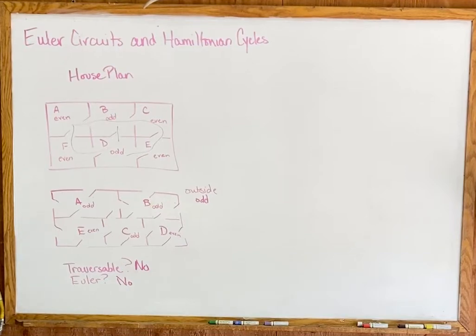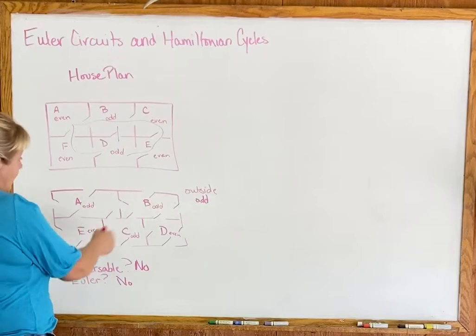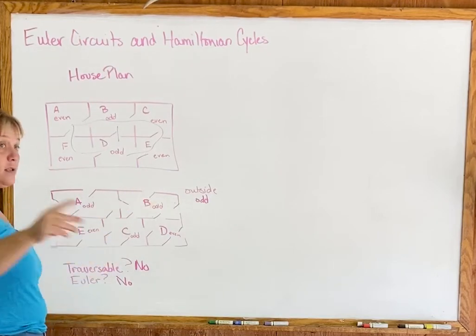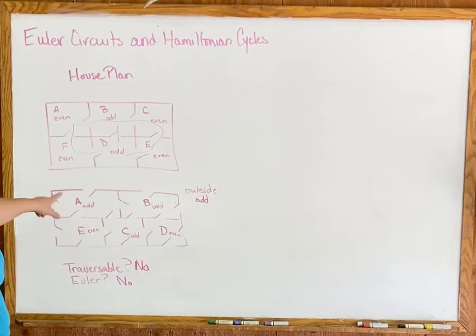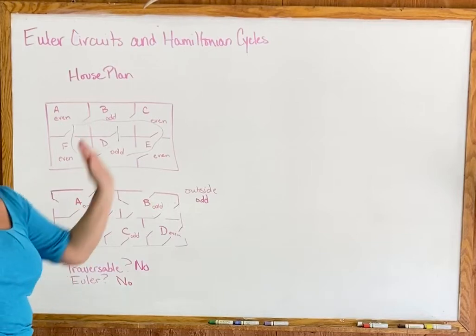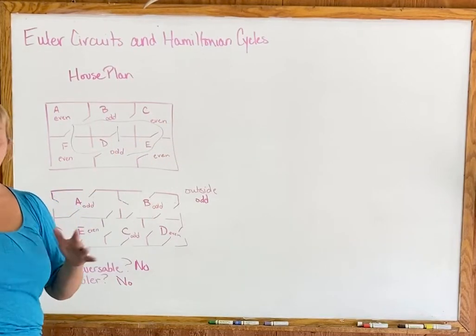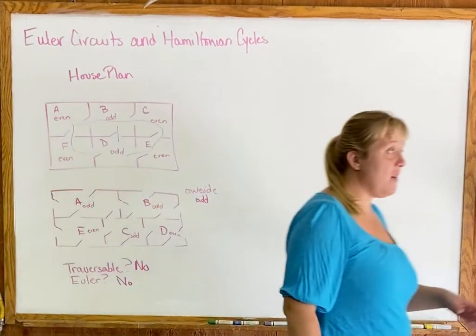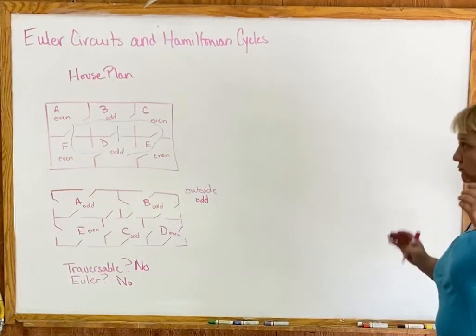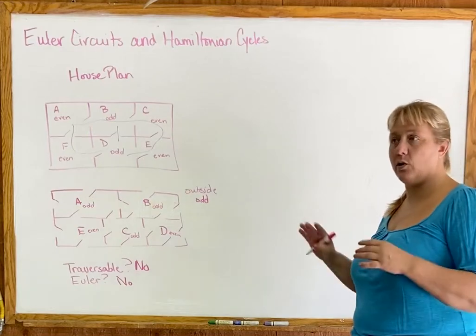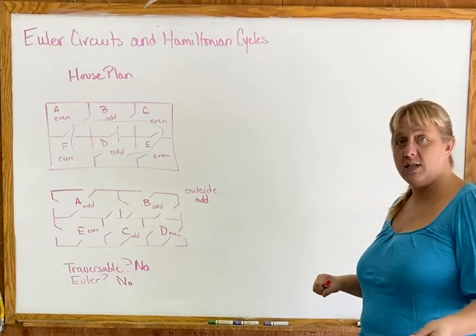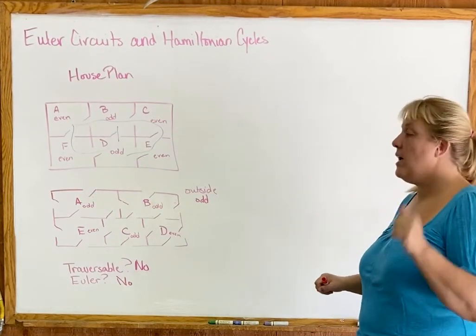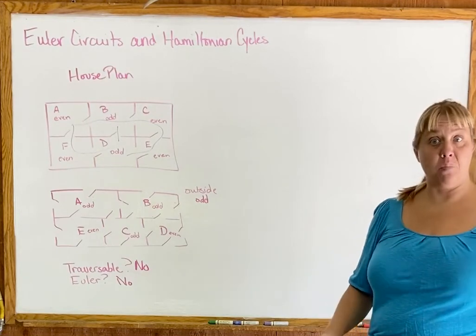where someone else might sit here with their pencil and sketch all through, trying to see, you guys don't have to do that, right? You look at the problem, you count the doors, you go, nope, can't do that one, move on to the next problem, okay? All right. Now, traversable, remember, just means you have to go through all the doors or all the line segments. In order to be special and have an Euler circuit, you've got to start and end at the same point,